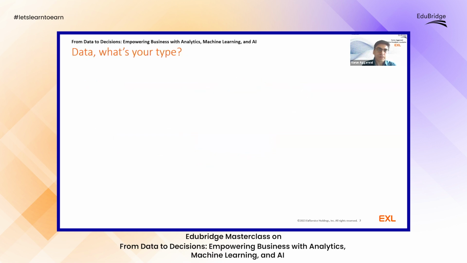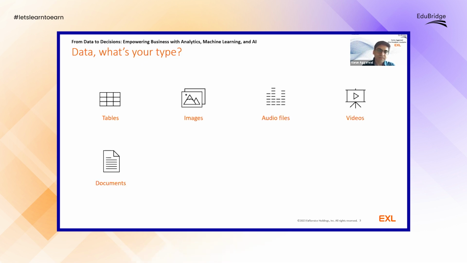Right. So without much ado, now let's try to understand the data part. What are the different forms and shapes of data that you may expect a business to have, and then solve that problem for them? So tabular format is what we, I think, have been seeing for decades, right? And things have moved on. It's beyond relational databases and structured data. So you would see data in images, audio files, videos, any kind of text documents, emails, weblogs, social media, comments, likes, dislikes, and even more.